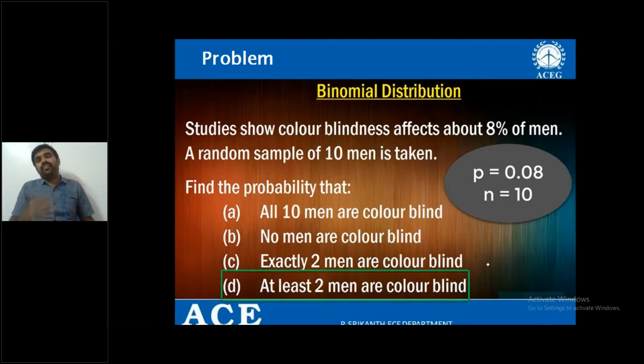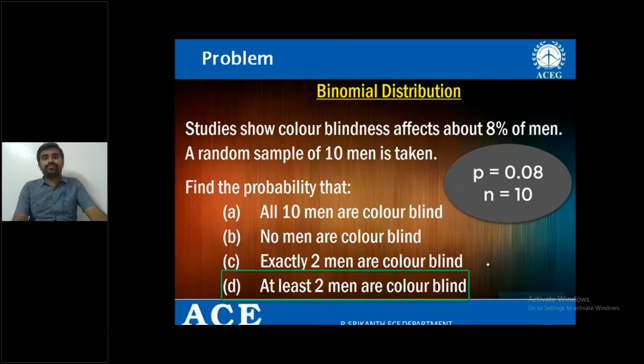In fact, if I add 8 probability values, it may take much time. So we have another option. We all know that the total probability in any experiment is 1, right? So here, instead of taking the sum of all the probabilities from 2, I can take the value as 1 minus the rest of the probabilities, that is P of x equal to 0 and P of x equal to 1. That is P of x less than 2, right?